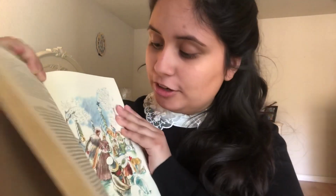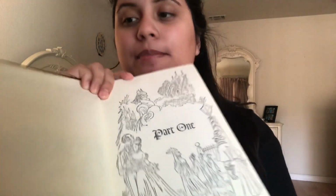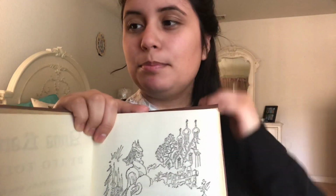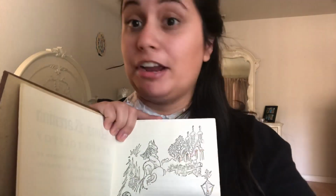Yeah. It's really nice. Like, this has watercolor images inside of it that depict scenes from the book. I'm not quite sure if they depict whatever they're talking about in the moment or just general scenes from throughout the novel. On the front page, it has just these outlines, kind of like, what are they called? The tin type portraits? Is that what they're called? No, that's not what they're called. You guys know what I mean. The engravings that they used to have from back in the day. And so yeah,